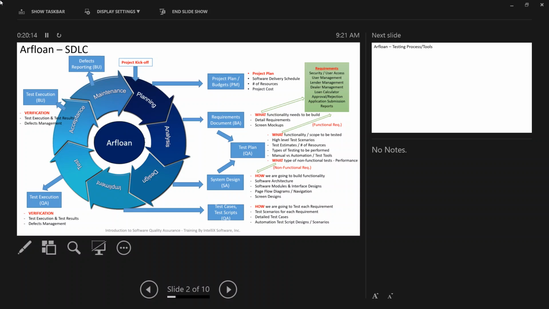I can't write the credit application and approval process without understanding how the lender management and other things are built, right? So that's where those things come into the picture. Same thing with the developers. You might have 3 developers or 50 developers. You're going to divide and conquer. You divide and conquer, and they know exactly what they are building and how this fits together.